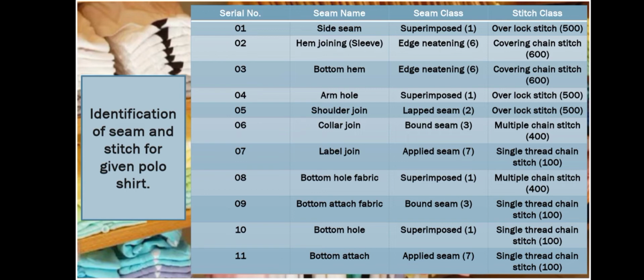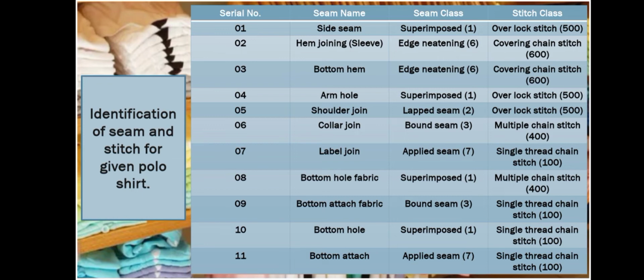Label join: seam class is 7, that means applied seam, and stitch class is 100, that means single thread chain stitch. Bottom hem fabric: seam class is 1, that means superimposed, and stitch class is 400, that means multiple chain stitch. Bottom attached fabric: seam class is 3, that means bound seam, and stitch class is 100, that means single